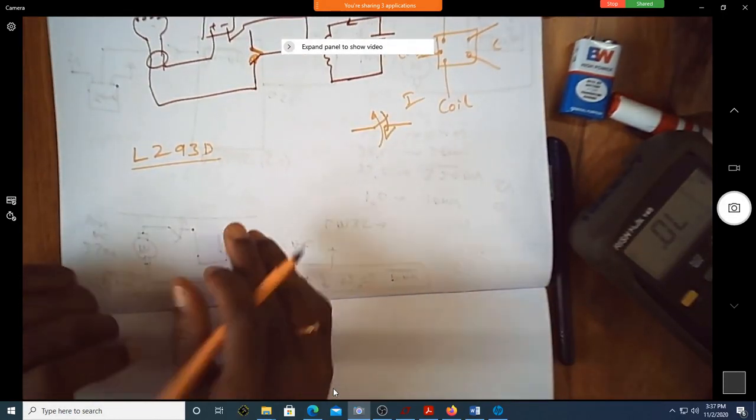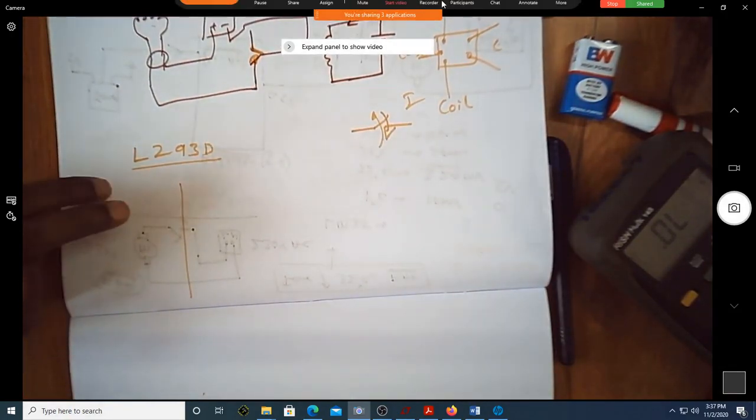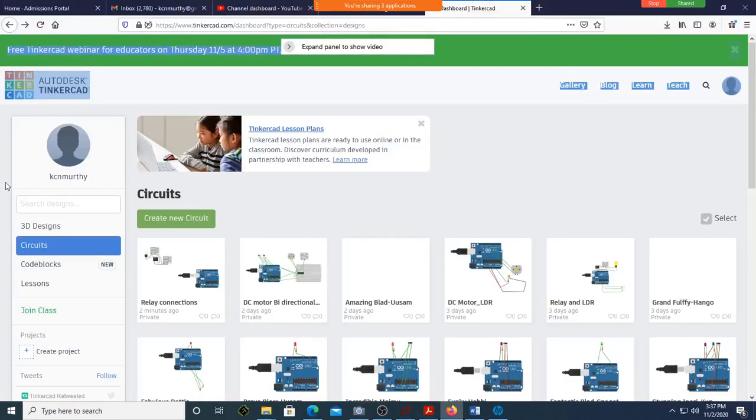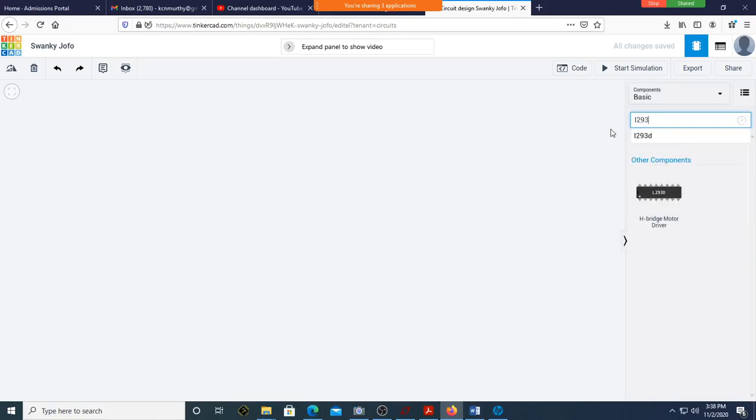What is this L293D? It is an H-bridge motor driver. You can see it is exclusively described as an H-bridge motor driver. For driving motors, they will intensively use L293D. This is an IC.